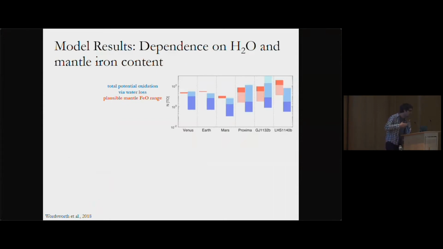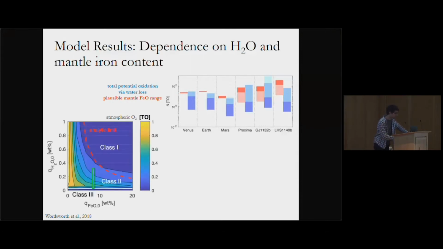Okay, yeah. So we did, first of all, calculations where we didn't allow interaction with the magma ocean, and that's what's shown in this plot here. I've shown it for some solar system planets and some exoplanets. We've got the TRAPPIST ones in there as well on another plot. Focus on the bold colors because these are the least extreme cases, the more realistic ones. And really the essence of what this plot is showing you here on a log scale is that the mantle FeO inventory is much, much larger. I think I'm running out of time a little bit. So